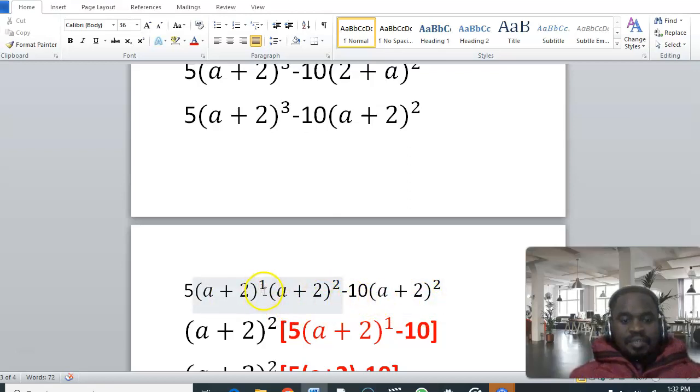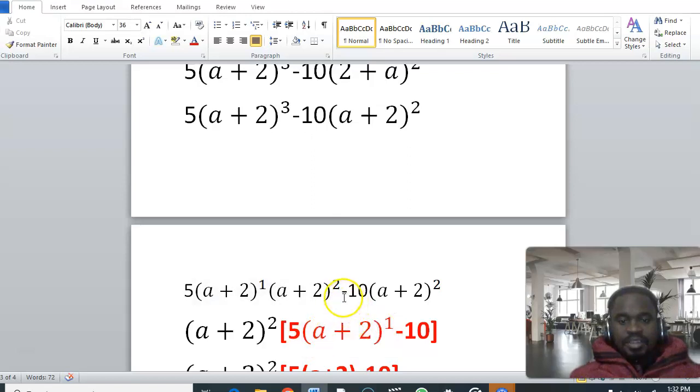Alright, 1 plus 2 is what? 3. So since this a plus 2 squared, a plus 2 squared, they are common, you can write it as a factor. Then I'm going to write this one, 5 into bracket a plus 2 to the power 1 for this,